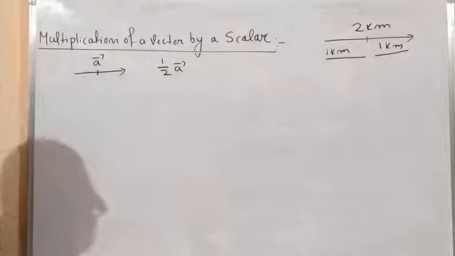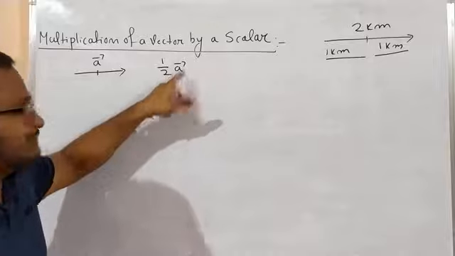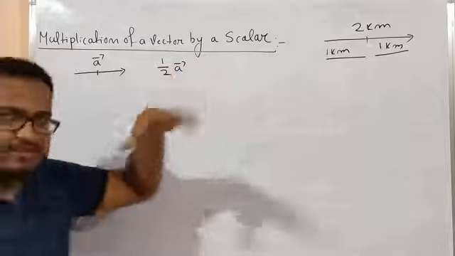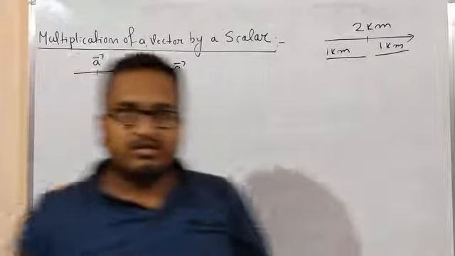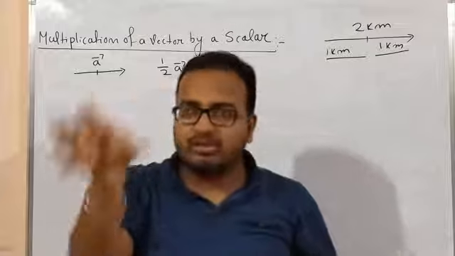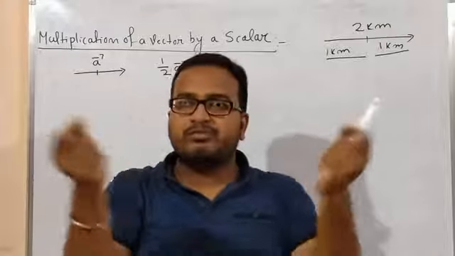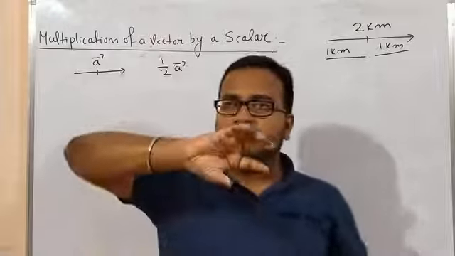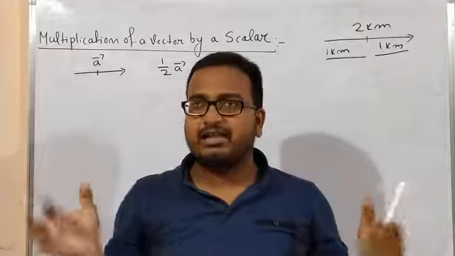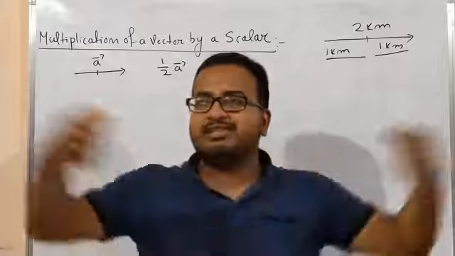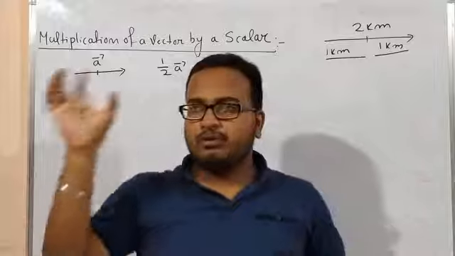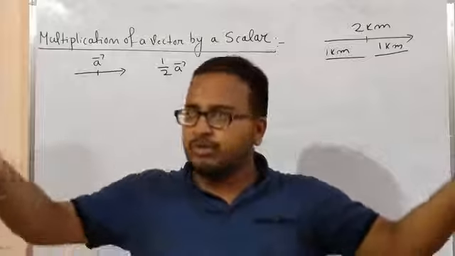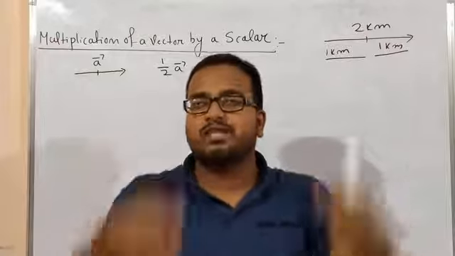This half will reduce the magnitude of the given vector, isn't it? But this half doesn't change the direction of the given vector, isn't it? यदि आप किसी भी स्केलर से किसी भी वेक्टर को मल्टीप्लाई करोगे तो इसका जो साइज होता है, जो मैग्नीट्यूड होता है, इस पे फ्लक्चुएट होगा, isn't it? If you multiply any vector by a bigger scalar quantity, then basically you are increasing the magnitude of the given vector, isn't it? If you multiply any vector quantity by a very small, that is fractional, quantity, then basically you are going to reduce the size of the vector, that means the magnitude of the given vector, right?